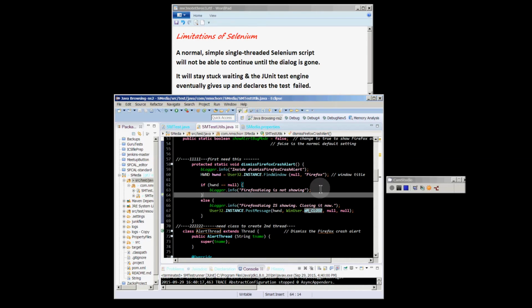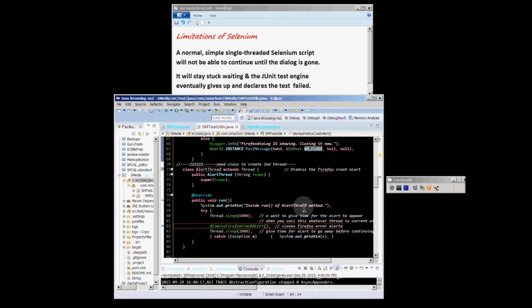So the way that we create a second thread in Java, one of the ways to do it, is to create a new inner class and extend the thread class, which is what I've got going on right here. And all of this code will be posted underneath this video, so you can copy and reuse it. So what goes on in here is I simply call the super constructor, and then I override the run method and I call the function that I wrote previously that calls JNA. So this